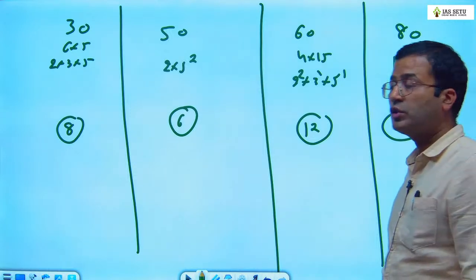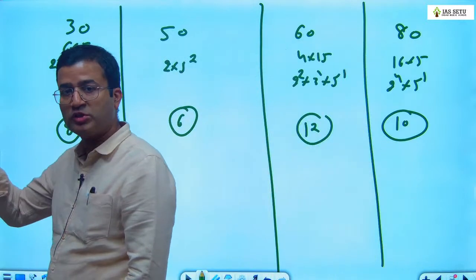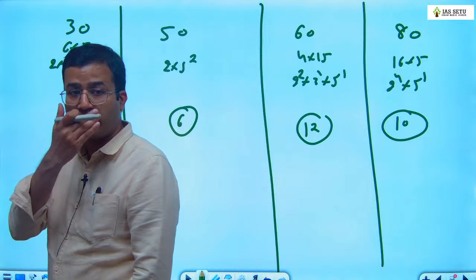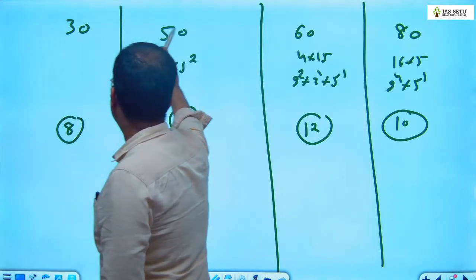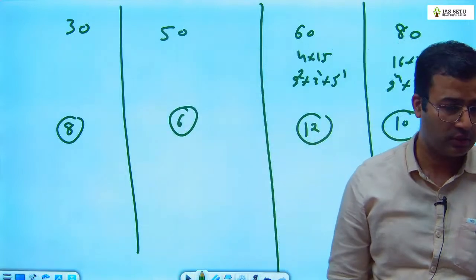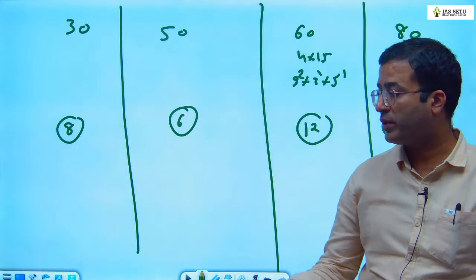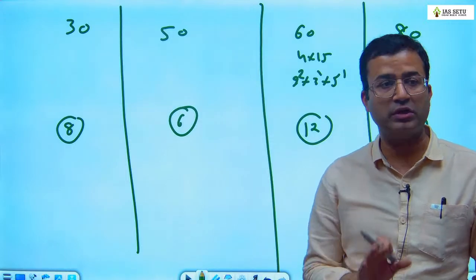ओके, तो 30 हैज हाउ मेनी फैक्टर? तब 8 तक पहुंच पाए, आधे रास्ते रह गए। 50 has 6 factors. Okay, make you practice manually. I will teach shortcut later, but manually भी आना चाहिए।